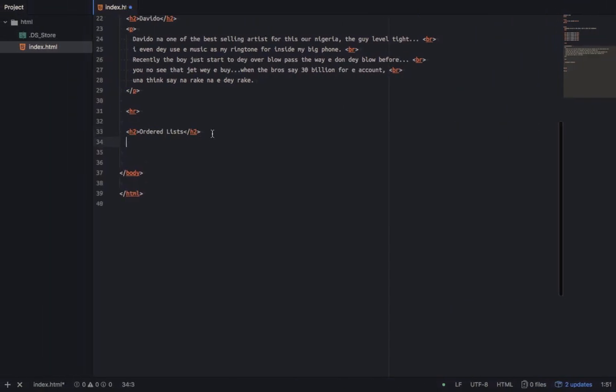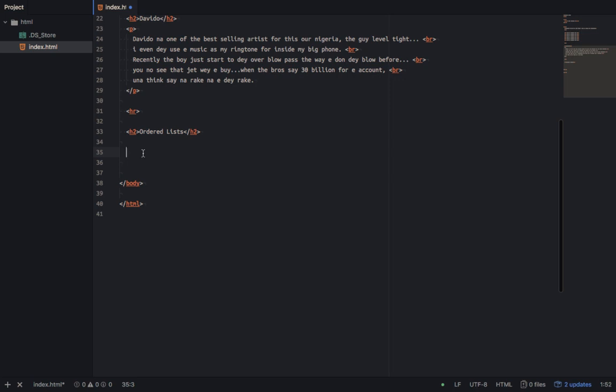What I will do is, if you work with HTML tags, the tags are very simple. They collect the first letter of the first word. If it's two words, they collect the first letter of this word and the first letter of that word, and combine them together to create the tag. So this ordered list, think of it like a container. When you open the container, you have to put things inside the container.